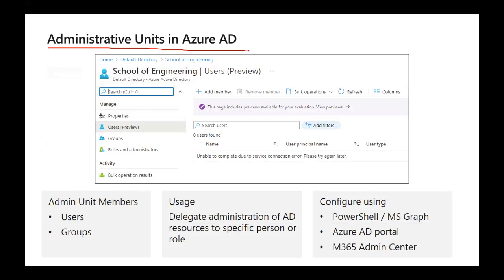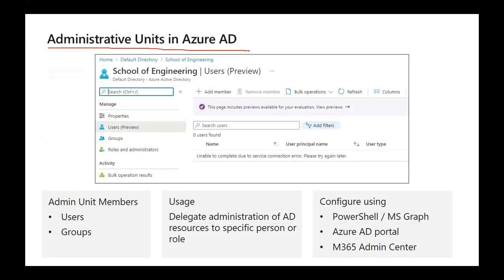So I can organize these users in one administrative unit, and for each administrative unit I can assign directly a role, be part of the group, and also, for example, I can have a global administrator from one administrative